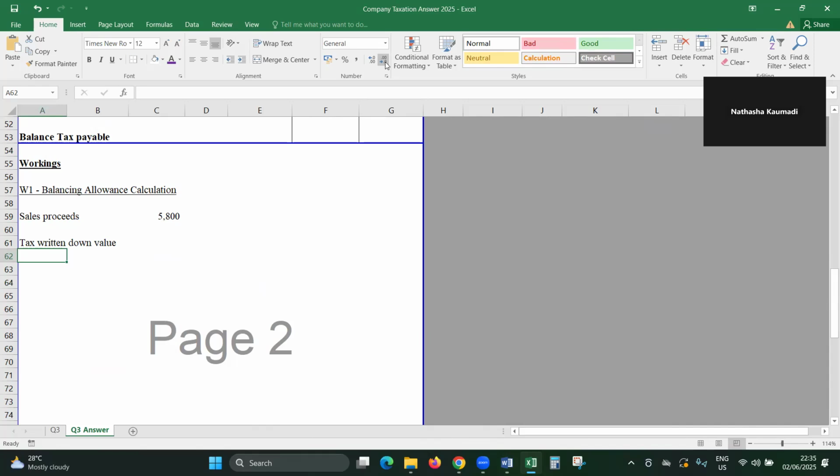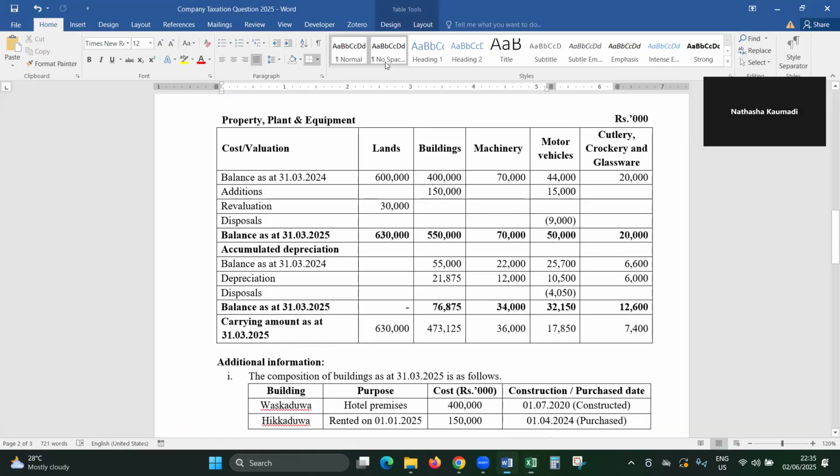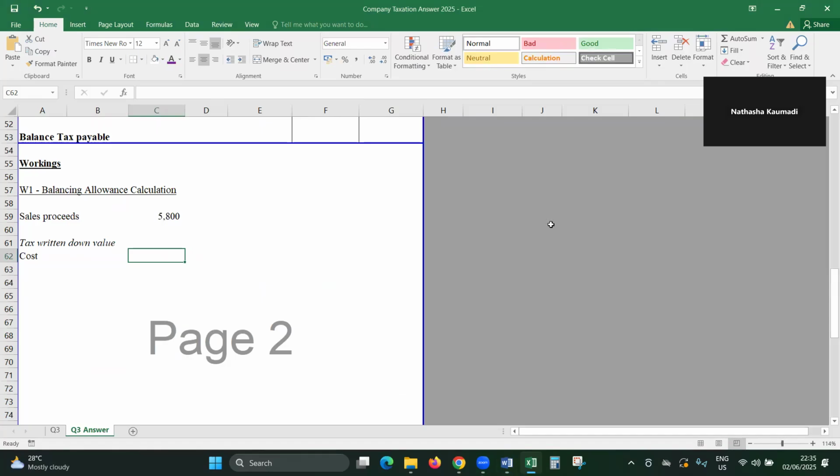In taxation, what is the carrying amount? Tax written down value. For that, I take the cost first. How much is the cost? Cost doesn't change whether it is accounting or taxation, 9,000. How to calculate the carrying amount as per taxation? Take the cost and you have to deduct, that means less,